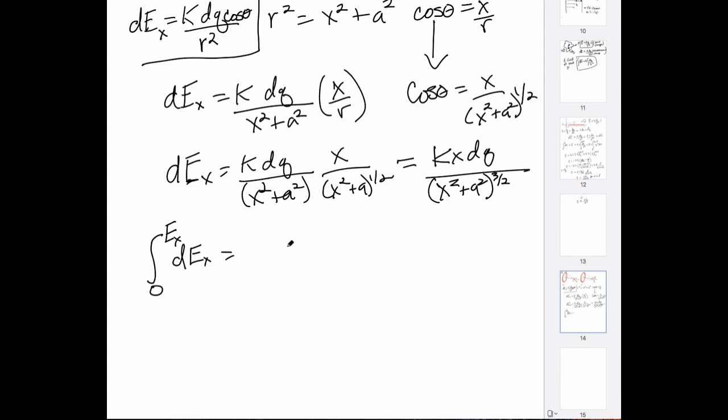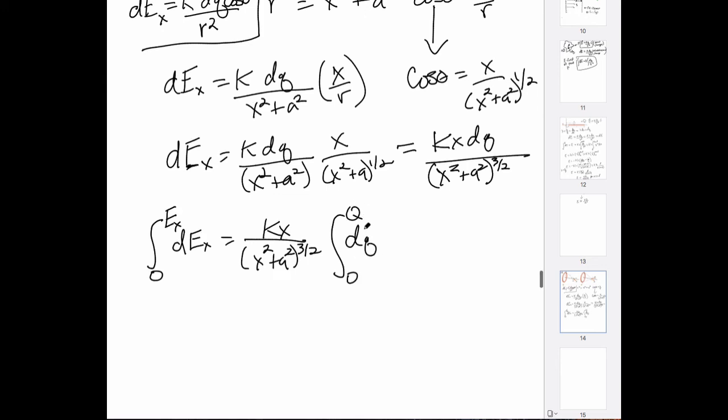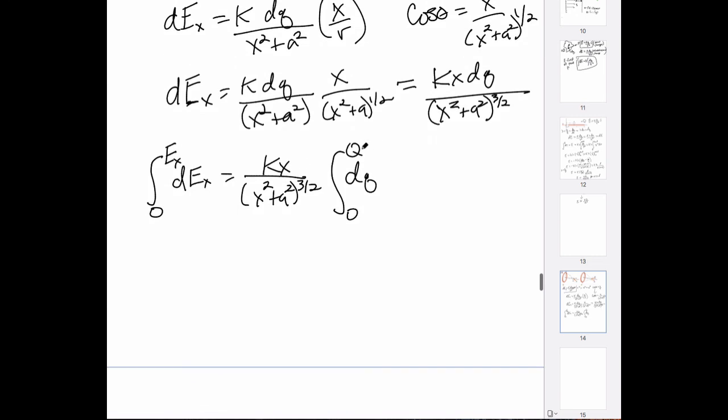So all of the constants are going to be as follows: k times x over x squared plus a squared to the 3/2. And then I've got the integral of dq from 0 charge to the entire charge Q. And again, like we've done before, capital Q represents the entire charge and dq is the charge element. So that means that the E field in the x direction, I love how easy this turned out to be,